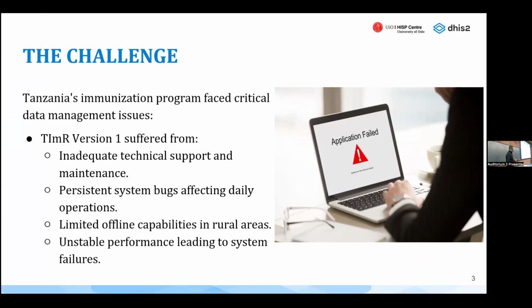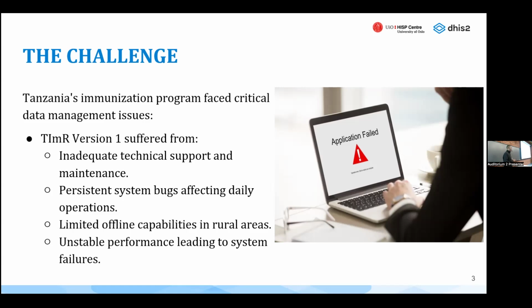A system was adopted from one of the companies that I'm not going to name, called Team Revision 1. It was actually doing quite good. However, it also faced some critical challenges,